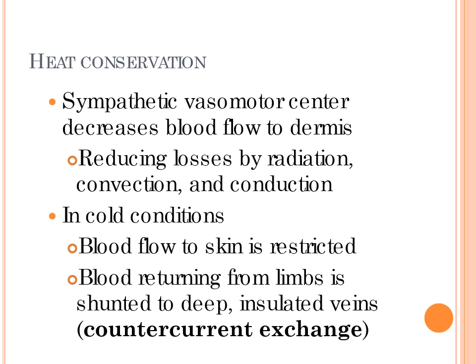We have what's called a countercurrent exchange that occurs. The cooler blood in those veins is going to dive deeply into our extremities, where those veins are going to intermingle with arteries. They're not going to share blood, but they're going to be lying right along one another. So the warmer blood in the arteries is going to warm up the cooler blood in the veins. So you lose some of the arterial heat. The arterial blood going to the skin is going to be cooler, and the venous blood returning from the skin is going to be warmer. And that's going to keep more heat shunted towards your internal organs that are very important.